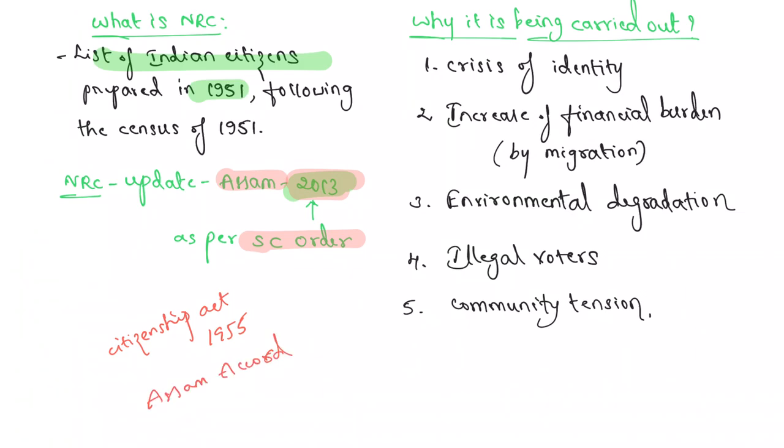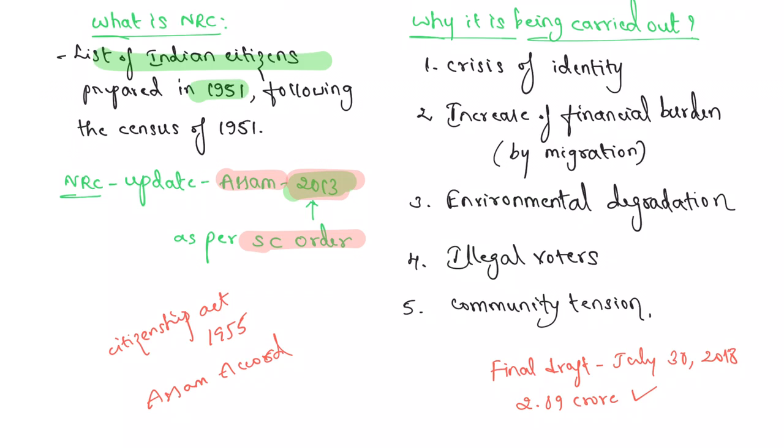The Assam government released its final draft on NRC on July 30, 2018, and the list incorporated the names of 2.89 crore people, but the names of 40.07 lakh people have been left out. And why was this carried out? Why was NRC carried out in Assam?